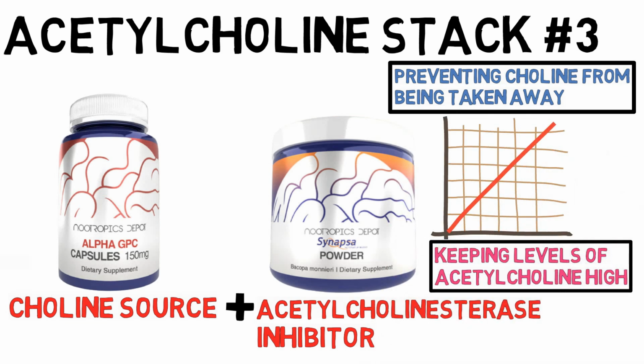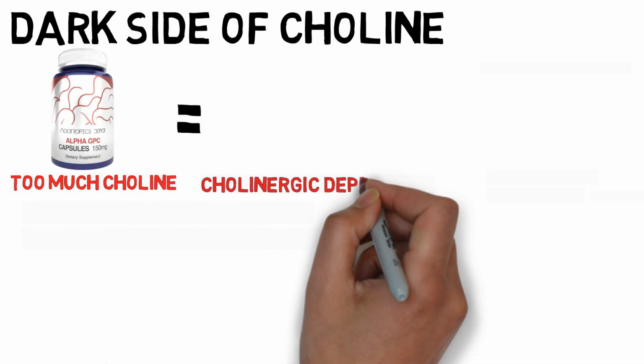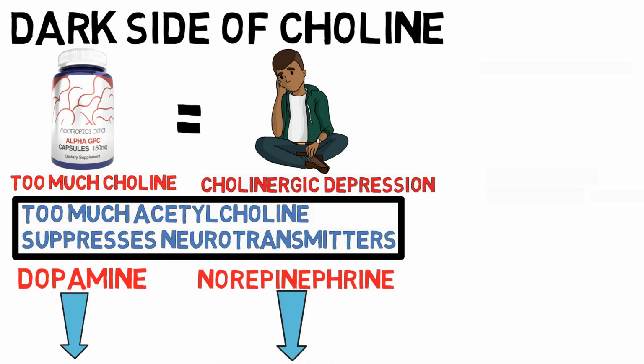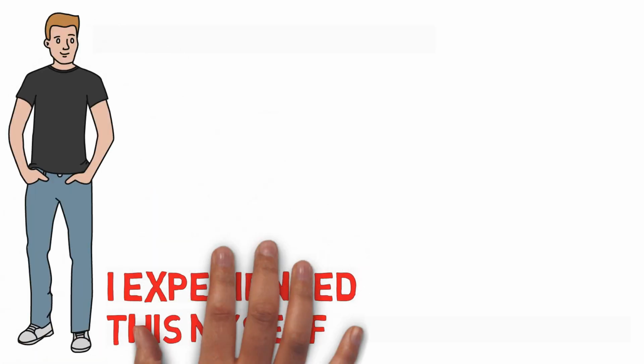There is a dark side of too much choline without a doubt. Too much choline can cause cholinergic depression, which is because an overabundance of acetylcholine suppresses other neurotransmitters like serotonin, like dopamine, which cause depression, flat mood, all of that, which is something that I experienced myself because I guess I'm